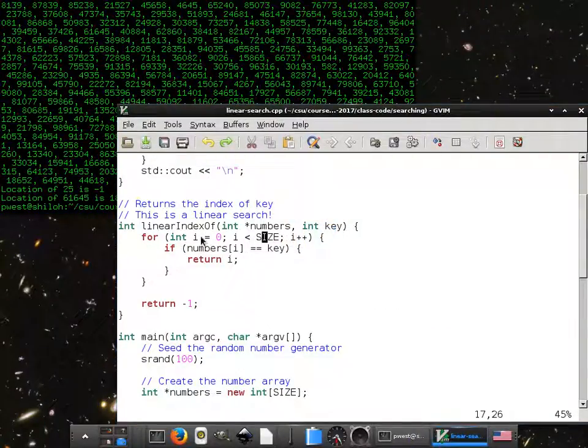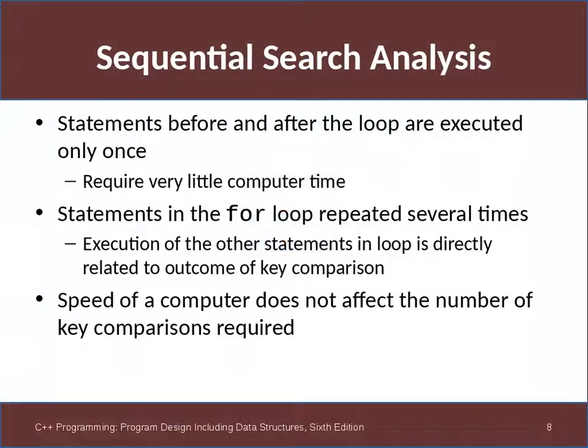Sequential search. The statements before the for loop and after the for loop are minimal, so there's not much load-up time here. Statements of the for loop repeat several times. Speed of the computer does not affect the number of key comparisons required. Do you understand that? Nope. Even if we made